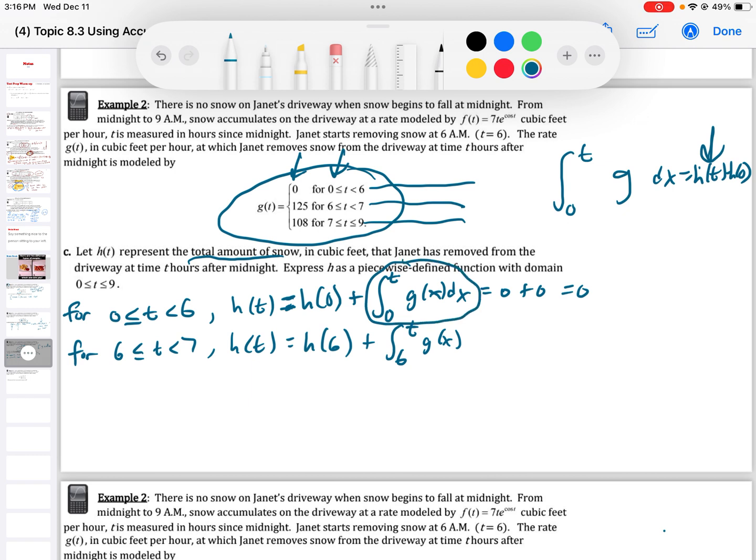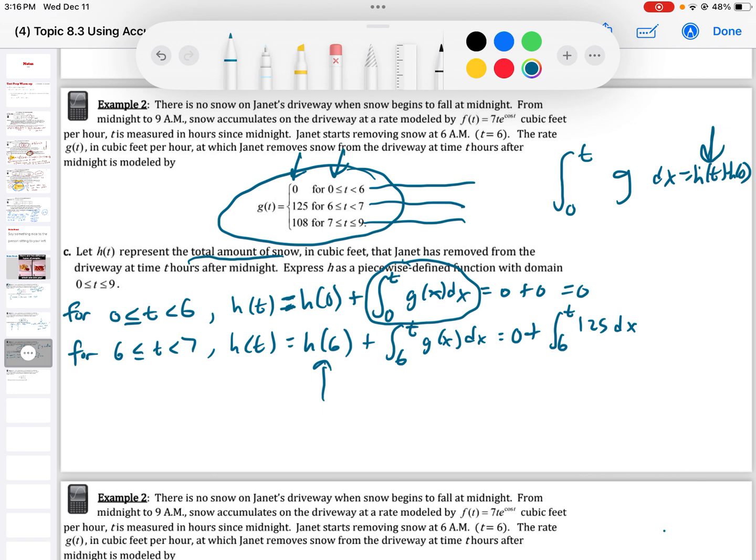So no matter what this is, it's just going to be 0 because she's not shoveling any snow. Okay, so back to this. This would be g of x dx. That's equal to h of 6. How much snow has she shoveled at 6? It's still 0, right? Plus the integral from 6 to t of 125